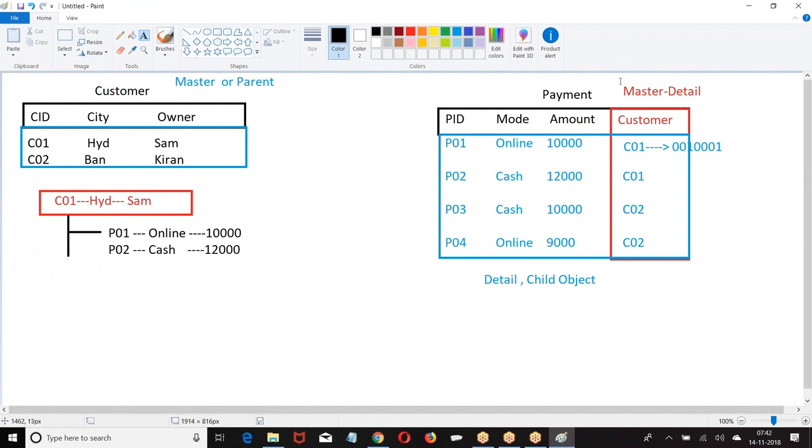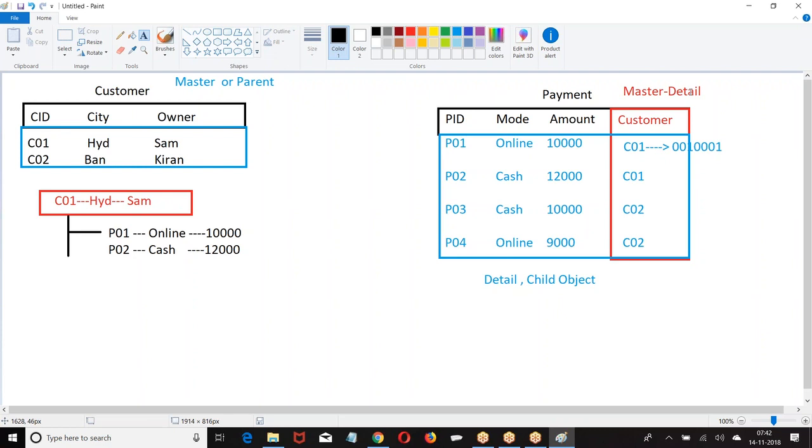if I create a master detail field, that object will not have any owner. Again I repeat, the object on which we have created a master detail field will not have an owner.